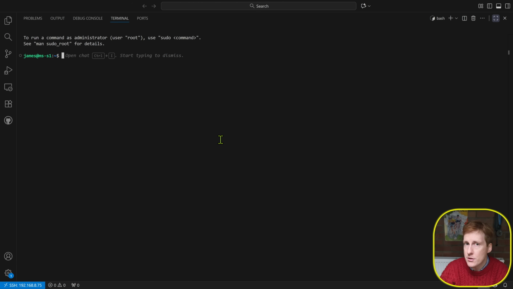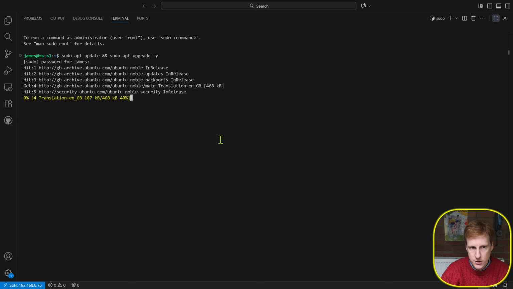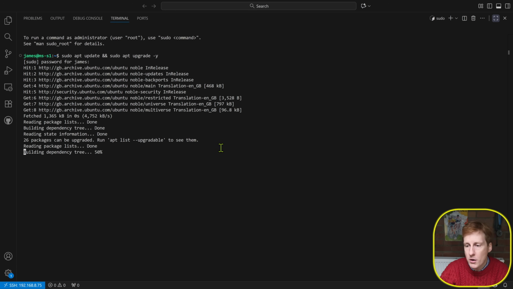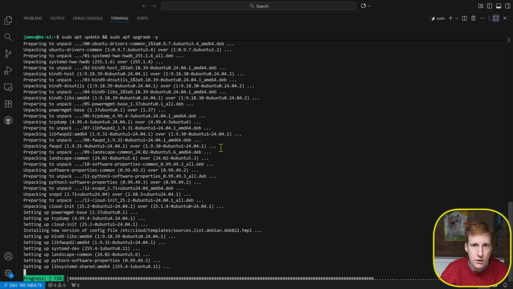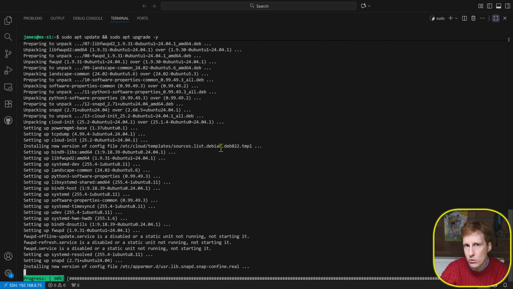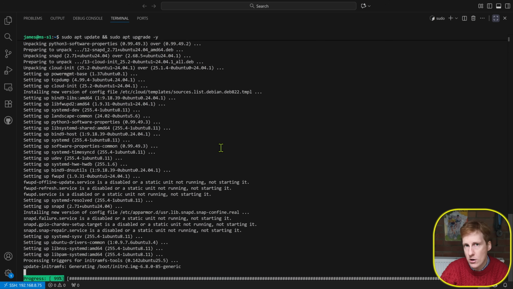Now that the installation is complete and I've SSH'd into that machine, we're ready to begin the deployment process, but there's a few prerequisites first. So let's make sure first of all that we update the system and pull down any upgrades. With that done, we're ready to begin the actual installation process. So we're going to head over first and make sure that we've got all of the drivers installed. That will include the ROCm drivers and also to make sure that we've got the latest Radeon drivers for this